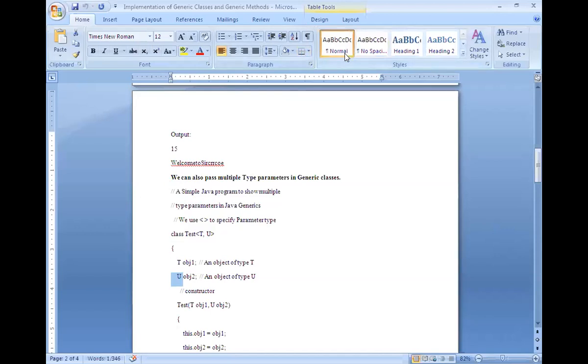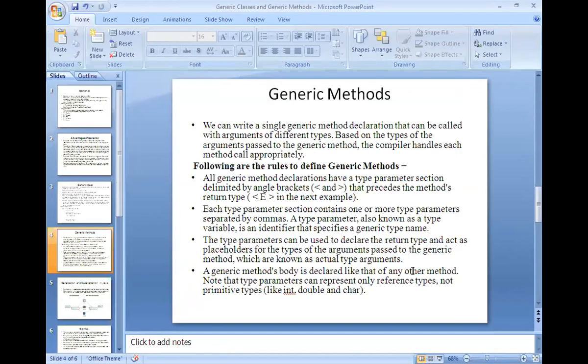Now let us move to generic methods. Like the generic class, the methods you can also implement in a most generic way, where a single piece of code can be used for different types of arguments.